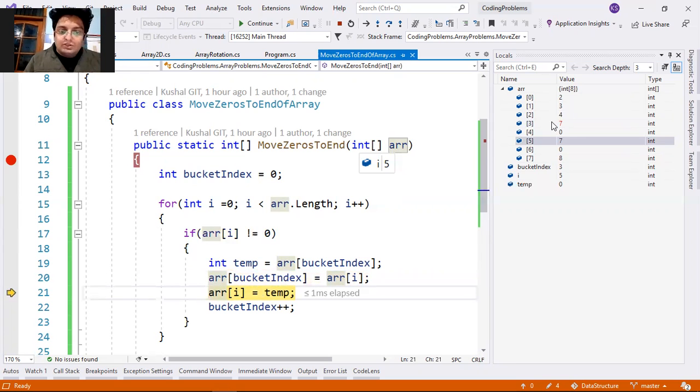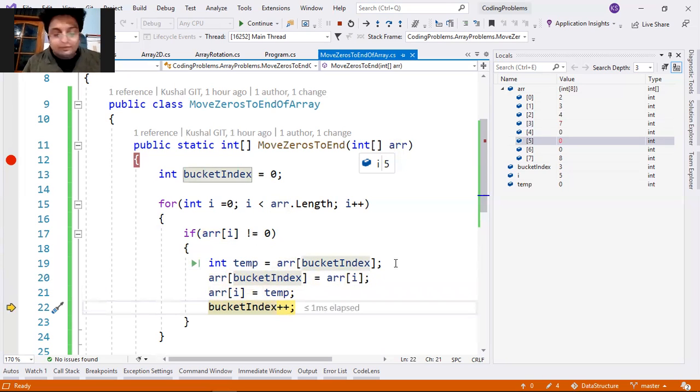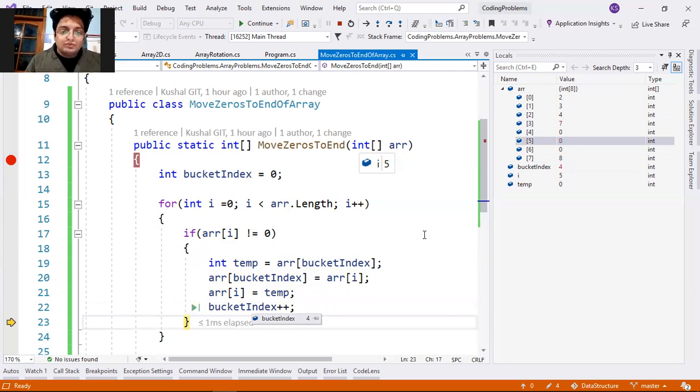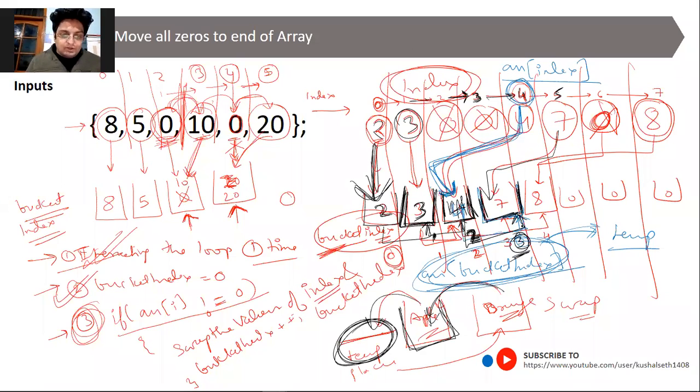So 7 came here. Now at line 21, we are putting our 0 at index I, because we are swapping it. So it will become 0. See, it has become 0 now. And this bucket is full. So I will say okay, increase my bucket index to 4. See, bucket index increased to 4. And this is what we were doing here. Bucket index is increased to 4 and we create a new bucket.